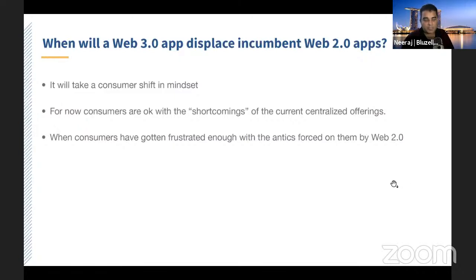lot of time talking about, but cryptocurrency is a big part of Web 3.0. Because of the quantitative easing and the fundamental printing of money that's been going on in the Western world due to COVID, you've already seen inflation starting to take place. You're starting to see that normal average people, not computer geeks, are worried about their net worth. They're worried about where their money is going and what their Big Mac index is. What's their ability to buy a Big Mac tomorrow? And they're looking for alternatives. And cryptocurrency has skyrocketed since the start of this whole COVID. So that's already an example that consumers are slow, but they are going to get frustrated and they are going